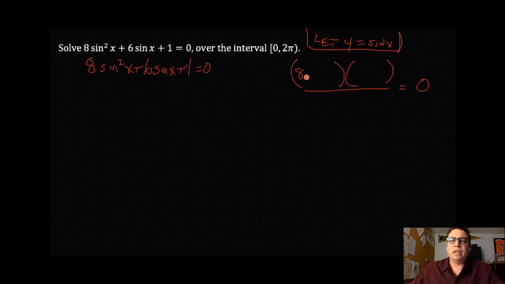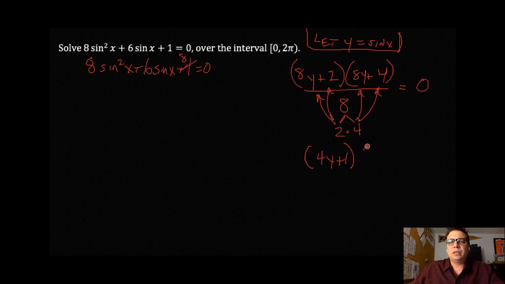All right. So then 8y, and I have an 8 in the denominator. So I need to multiply this by 8. This tells me the signs are the same. They're both positive. Factors of 8 that add to give me 6, well, that's 2 and 4. 8 does not divide evenly into either of these, so I have to break the 8 apart. 2 times 4. 2 will divide into this one. 4 will divide into this one. And I'm left with 4y plus 1 times